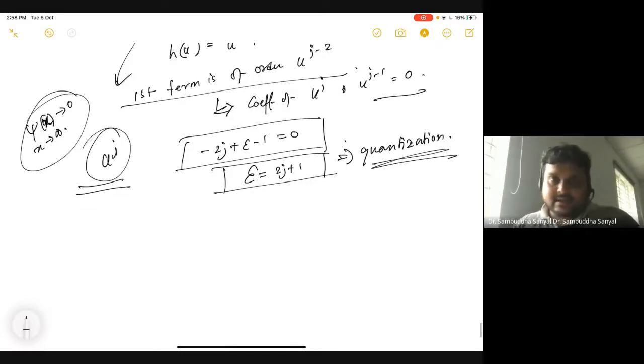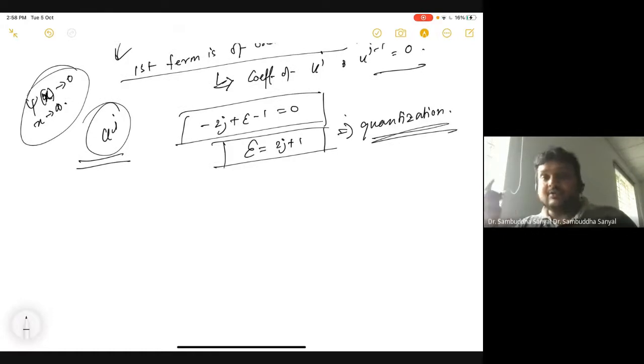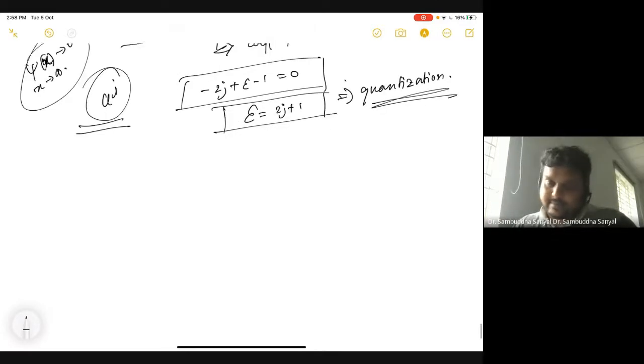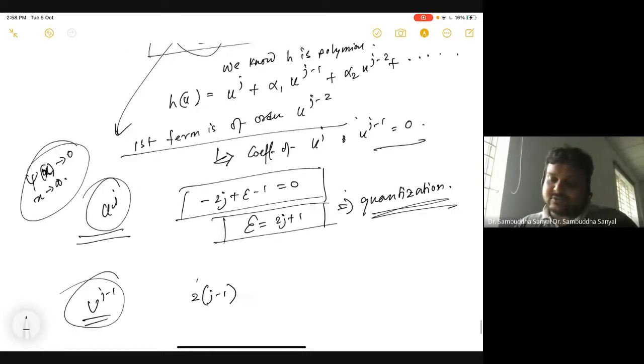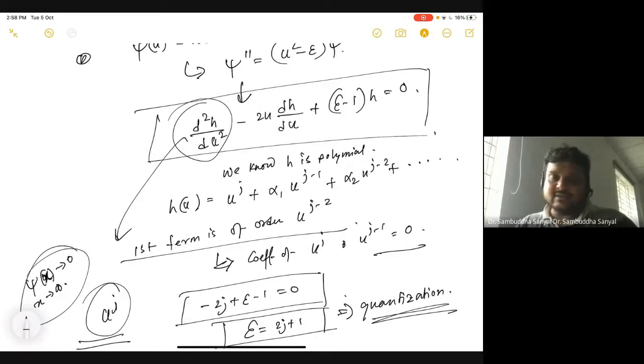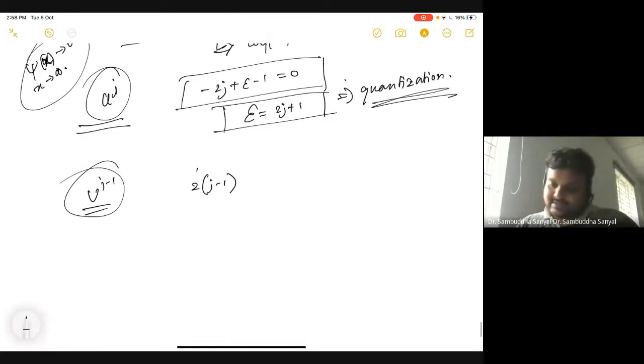Okay. Now let's try to see. There is one more thing we know from the theorems. We know that for an even potential, the bound state will be either even or odd. So this is what we'll see also. Let's see how we'll get that. Okay. So we know now what is the coefficient of u to the power j minus 1. That must be zero. So do these two-three lines of algebra. If I do all this simple algebra, then we'll never finish the syllabus. So I'm just skipping some small steps here.